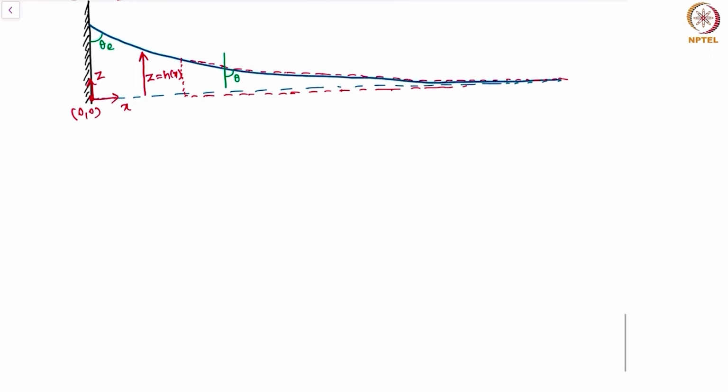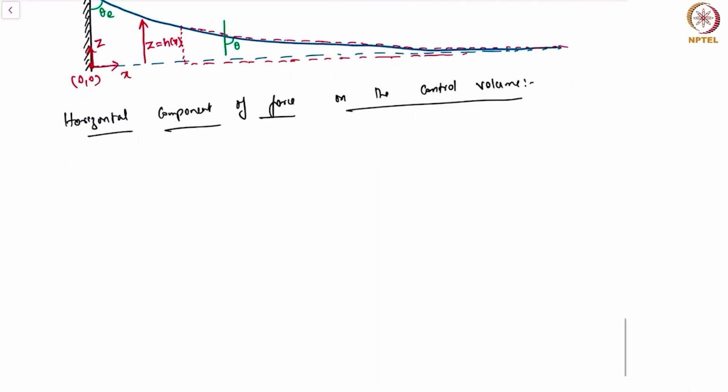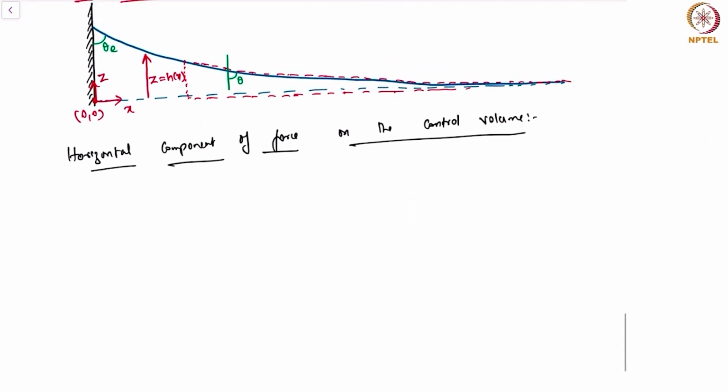Okay, so let's start by writing down the horizontal component of force on the control volume. The horizontal component of the force would be, how do I do this? For example, at this point that I'm showing with a green dot, I have